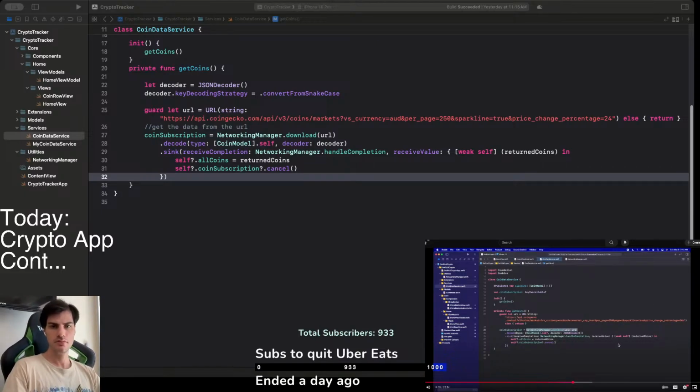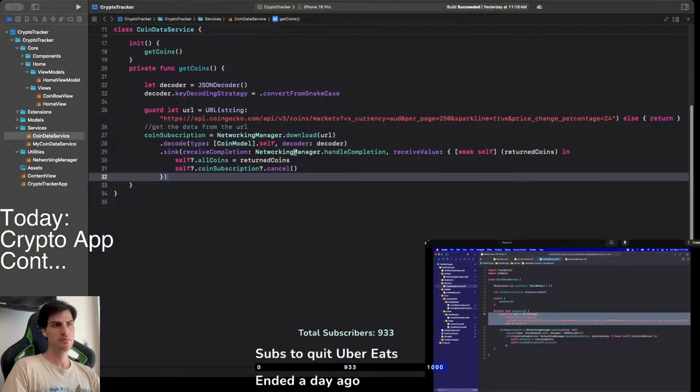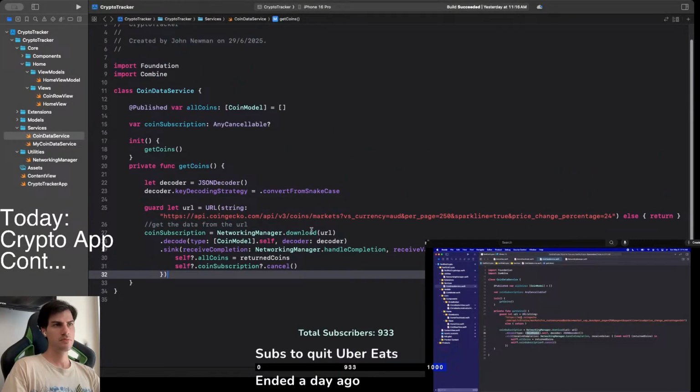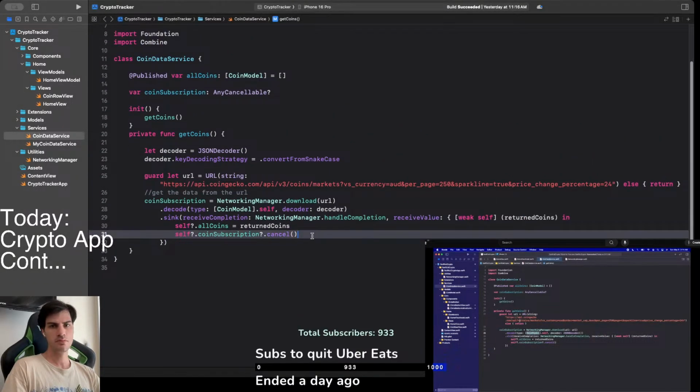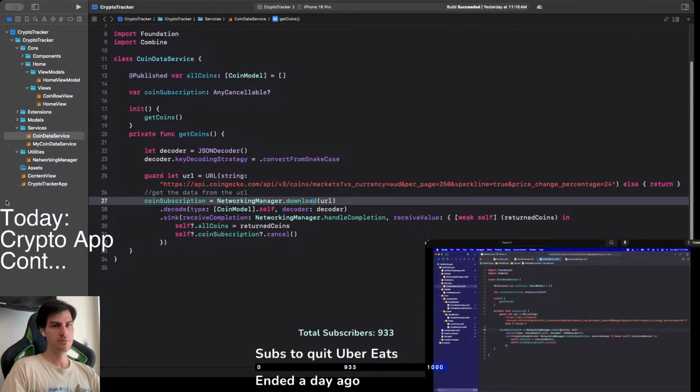And we did not include the decode in the networking manager because the decode is specific to this function, because this URL is returning us coin models. But if we go to another URL, it might return us some other type of model. So that's why we did not include this decode inside the download function. We just got this download function to go to the URL, return us data. So that once we know we have data,